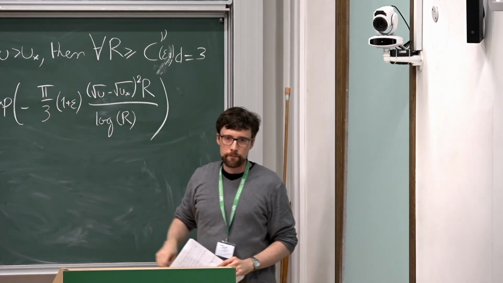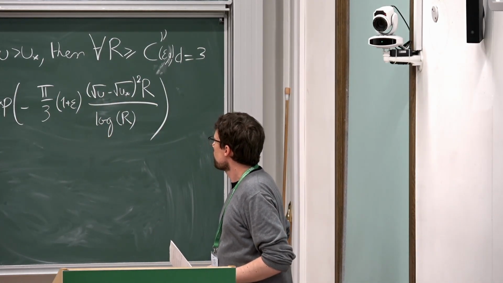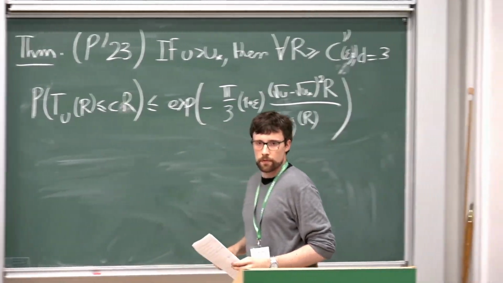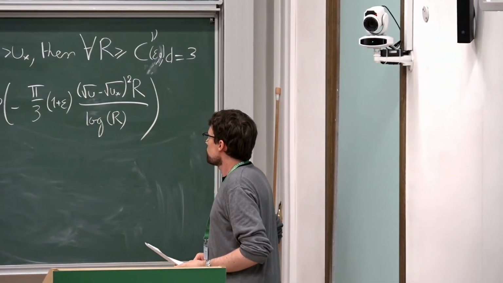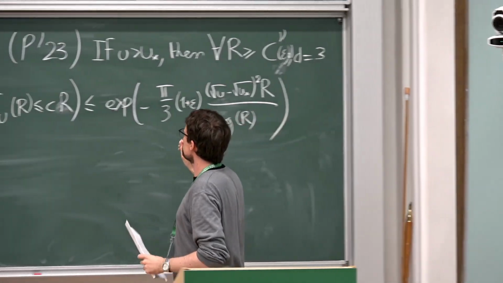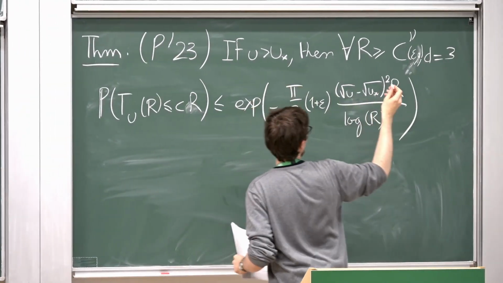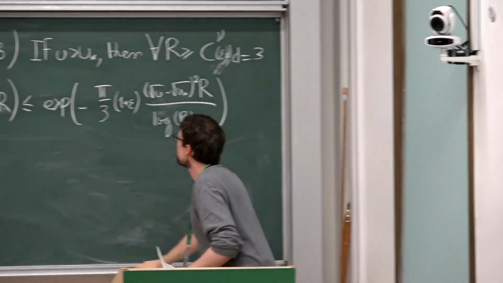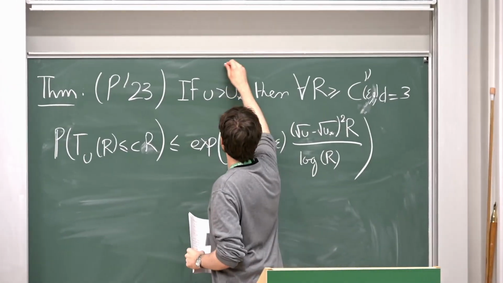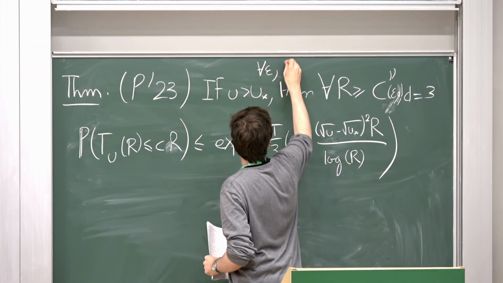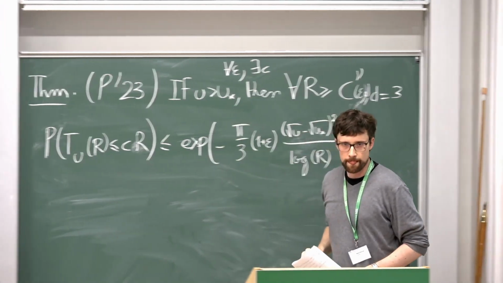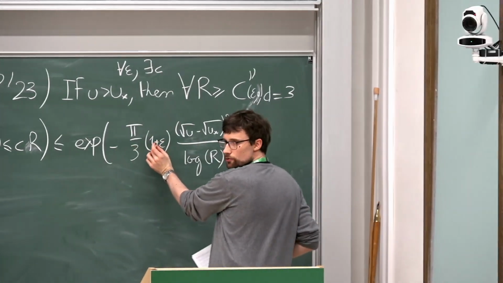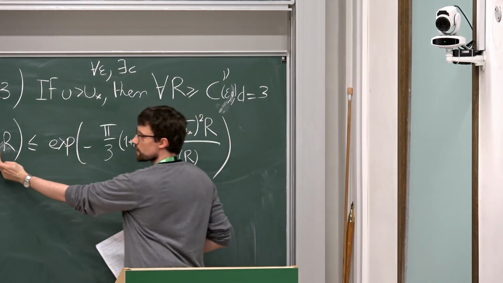So on the left-hand side, you have c times r. Oh, sorry, this is an r. Thank you. Is there a c missing on the right-hand side? No, you're correct. I need to put my things correctly. So let me put it here: for any epsilon there exists C. Typically, if you want your epsilon here to go to 0, you need to make C go to 0.